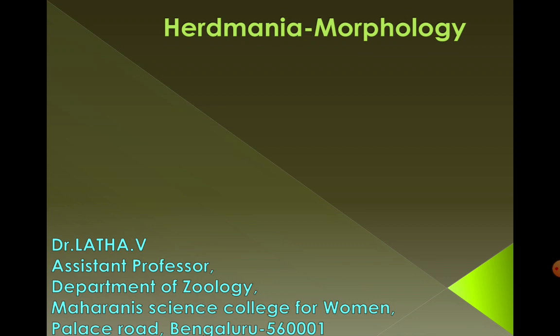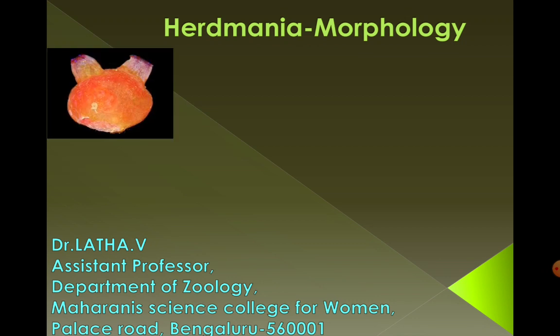Under the subphylum Urochordata you have Herdmania as an example to study, and we will be learning about its morphology, how it looks like, where you find them, and what are the different structures that you see in its body wall, and what are the different kinds of apertures it has got, and its detailed morphology. Now to start with, I have put a few photos of this Herdmania species, which is Herdmania mimosa,